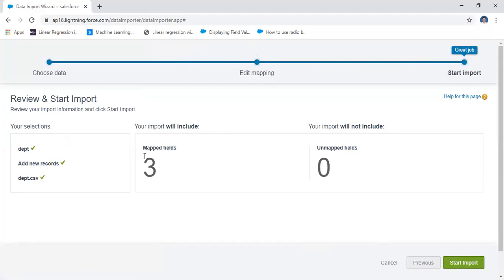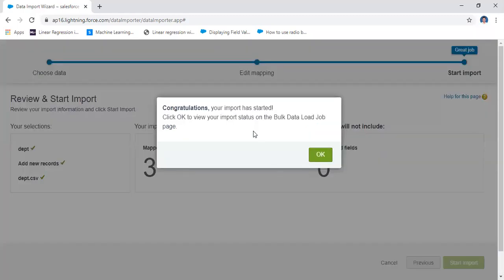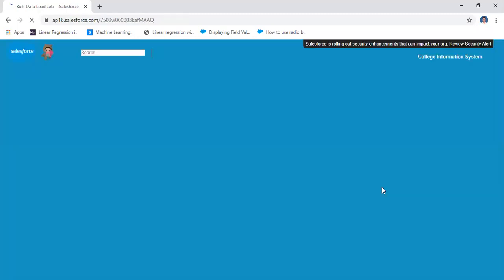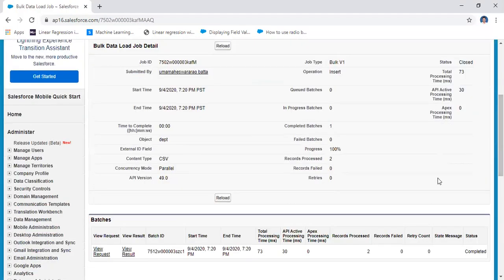Here 3 fields are mapped. Start import. Congratulations, your import has started. Click OK to view the status of the bulk load. If it comes to here, the processed records are these 2, and failed records 0.